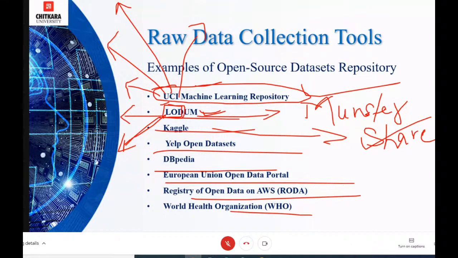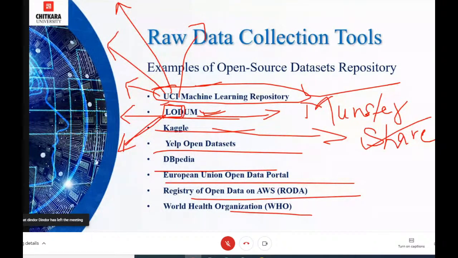So we have already discussed UCI, LODEM, Kaggle. And in Kaggle, we have just discussed that you can share your data in any particular format. The unique thing about the Kaggle dataset is that it is not just a data repository, it is also a shareable platform. Each dataset stands for a community that enables you to discuss data, find public codes and techniques, and conceptualize your own projects in different kernels.